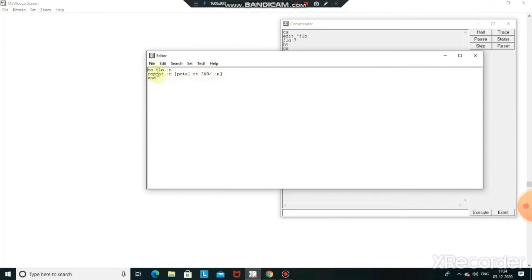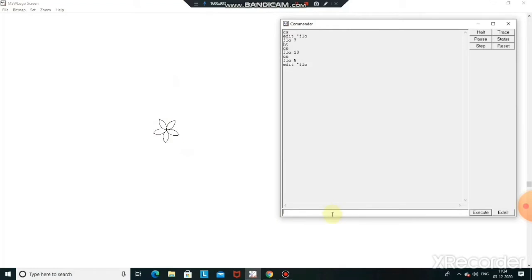So now what happened? I am able to change the number of petals at any time while I run the program. So see, I'm clearing the screen and then I will show you how this parameter works. The procedure name is FLO. If I give FLO 4, only a 4 sided petal is displayed here. I want now more than 4 sides. So FLO 8. Now you can see an 8 sided flower.